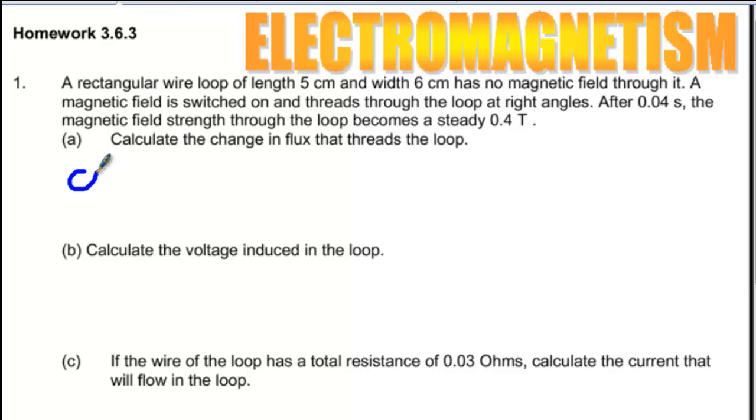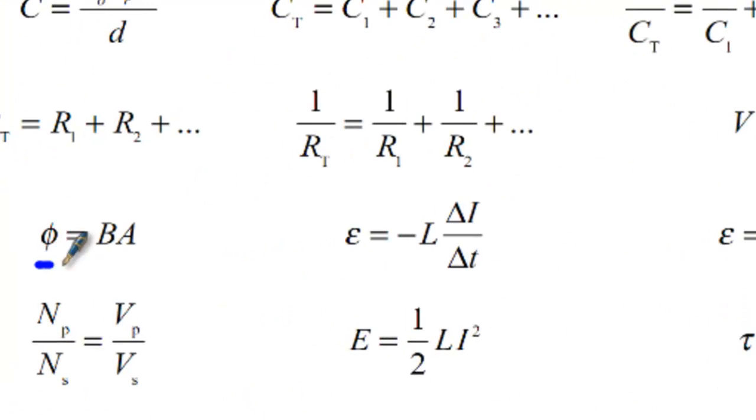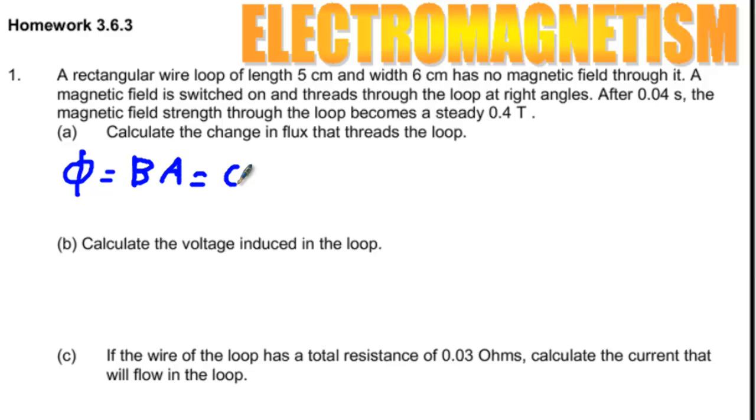Okay, the symbol for flux is phi. If we go to the formula sheet, we see that phi is magnetic field times area. Magnetic field is 0.4 Tesla. Initially there was no magnetic field, so it would change from 0 to this maximum value. The area is